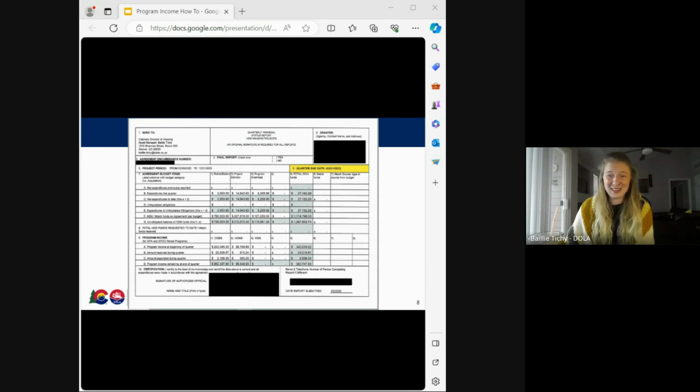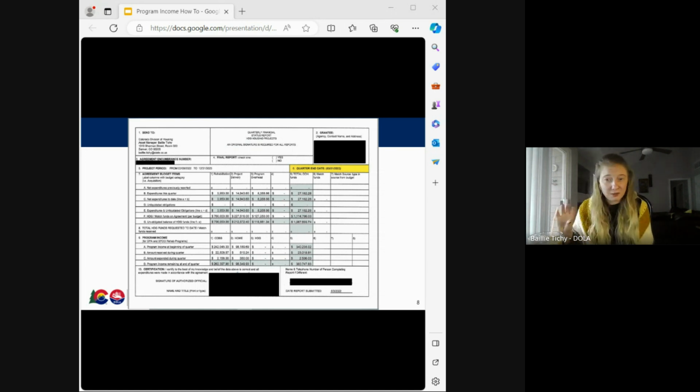All right, this slide is the quarterly financial status report. This is the report that you all are used to providing to us quarterly for active contracts. And one of the changes, I'll touch on that later. I'll tease you a little bit. We'll know about the changes later. But for those of you who are still doing paperwork and things old school, and that would be all of you right now, I think, you will continue doing the quarterly reports for us. It's in front of you on the screen.